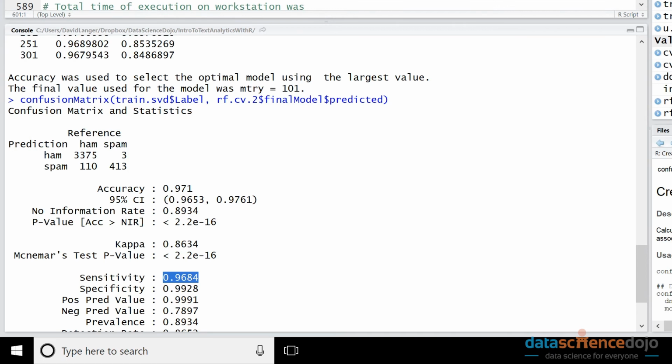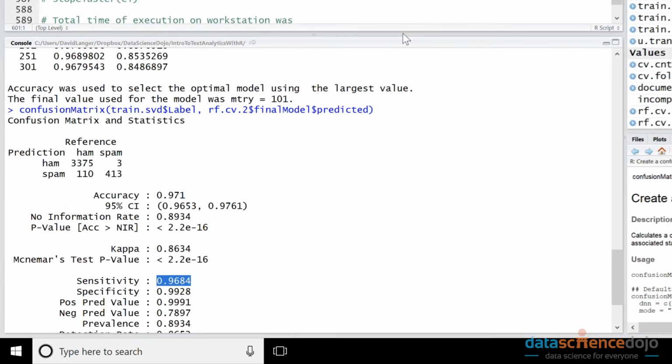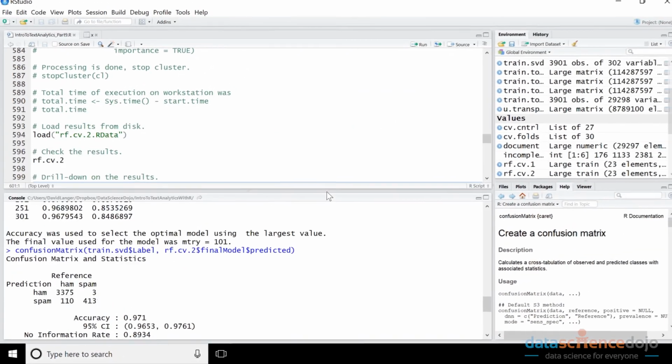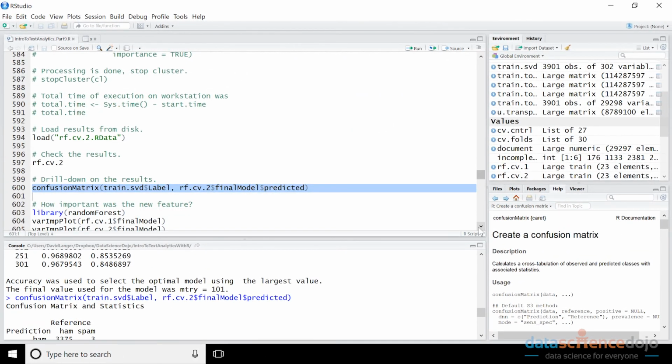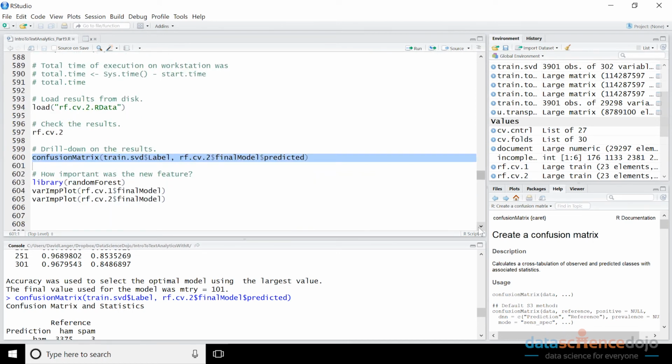So these are exactly the kinds of features that you're looking for as a data scientist. Okay. That's great. Okay, but we're not done. So let's take a look at